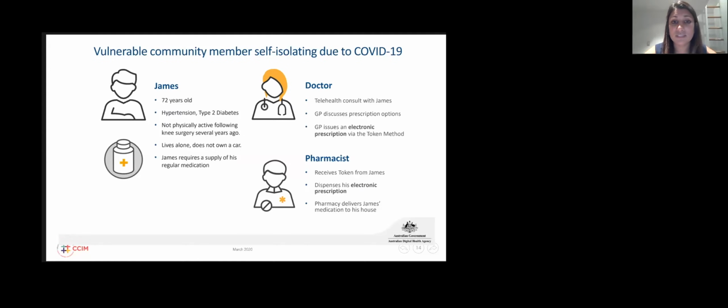The pharmacist receives the token from James, so that might be through the SMS or the app, and dispenses the electronic script, and the pharmacy delivers James his medication to his house. So we're keeping these three people all very separate from each other and trying to prevent transmission of COVID. This is going to be the future anyway, with or without telehealth. But at the moment, we're trying to get this sped through.